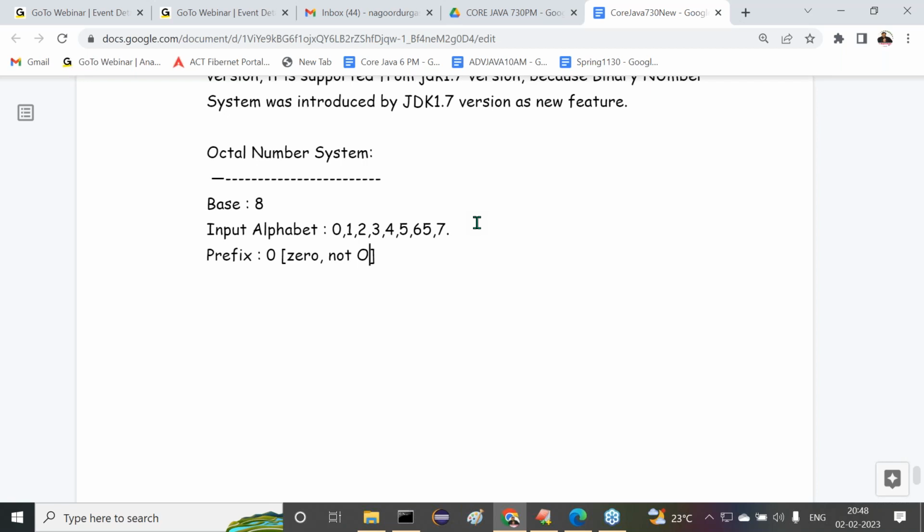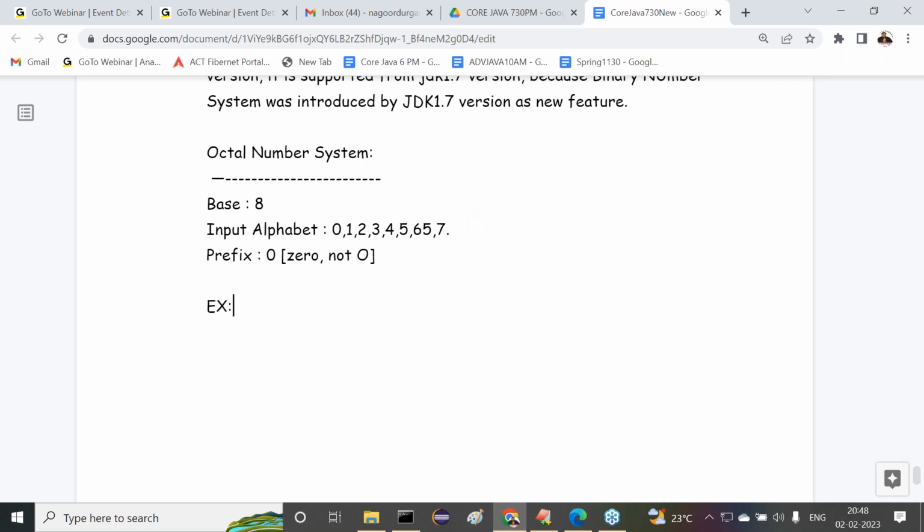If any number starts with 0, by default that number is an octal number. It is a leading 0, a prefix, not a suffix. Without the 0, if a number is available, it is a normal decimal value. This is the point we have to understand. Prefix values we have provided.